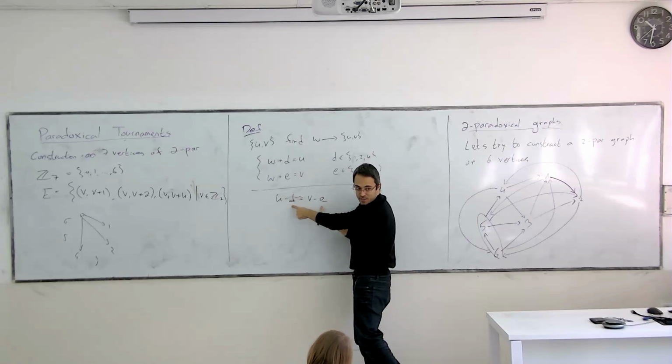Now, the point is that U and V can range over everything in Z7. If U and V is a singleton, it can also be zero, everything. So it's enough to show that these can range over everything. Right? So it's enough to show that this set minus itself, namely element by element, is all of Z7.